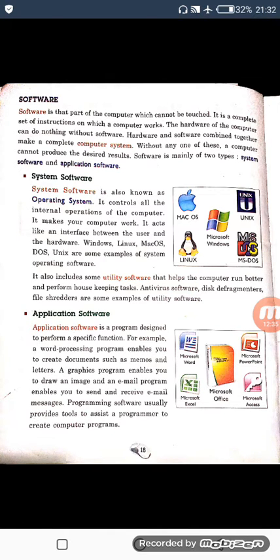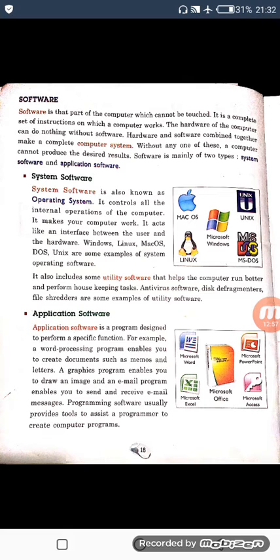It is a complete set of instructions on which a computer works. There is a sequence or a series or a set of instructions on which our computer actually works. That is software. Okay, and there are two types of software: system software and application software.